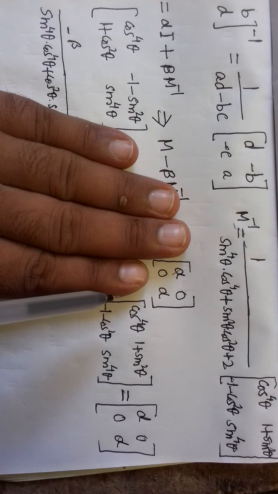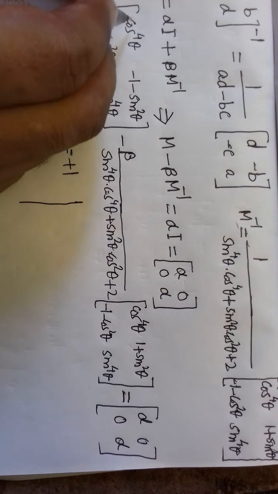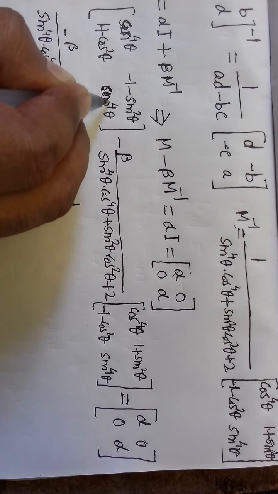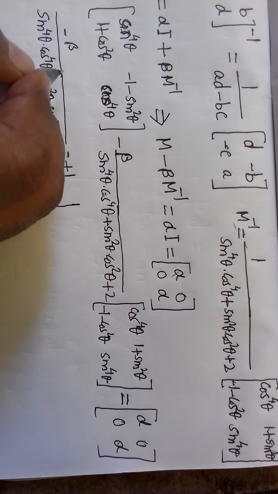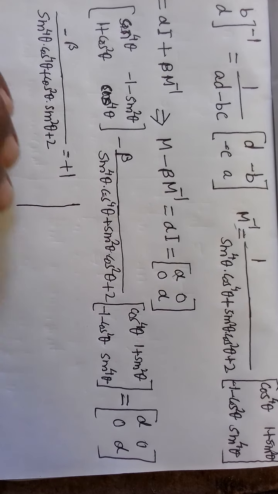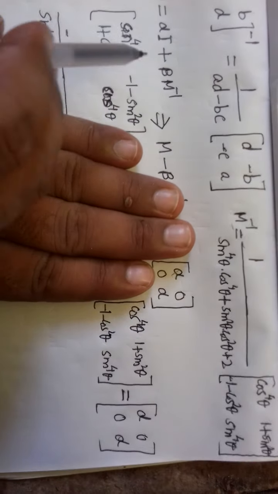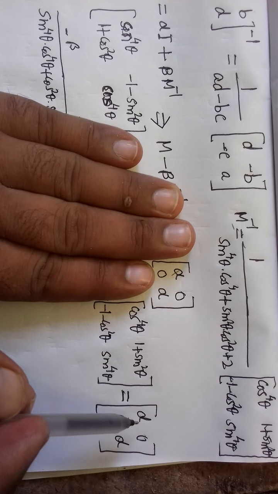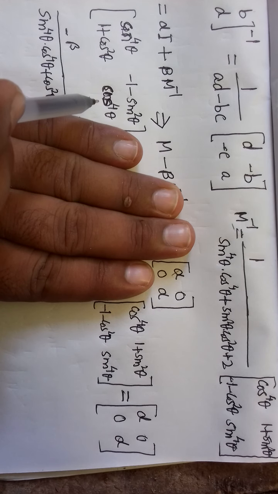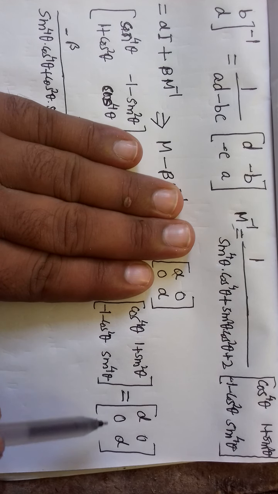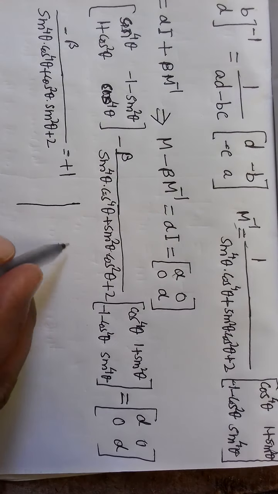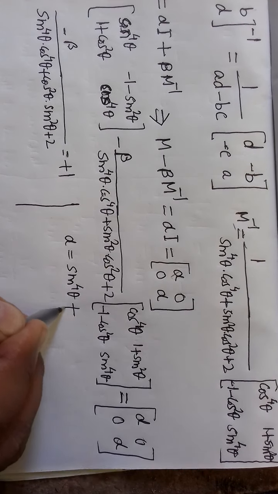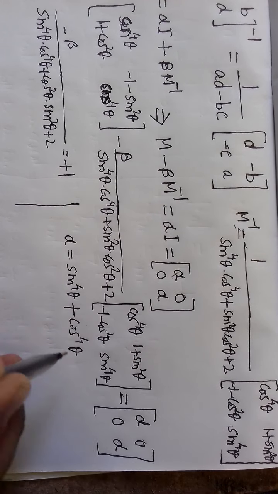Here something is wrong. I say here in the question it is sine to the power 4 theta, and here cos to the power 4 theta. Sorry for this. And see the next. If you add these two, sine to the power 4 theta and cos to the power 4 theta, you will get alpha. Same is the case here, cos to the power 4 theta and sine to the power 4 theta, adding here also gives alpha. So alpha will be sine to the power 4 theta plus cos to the power 4 theta.